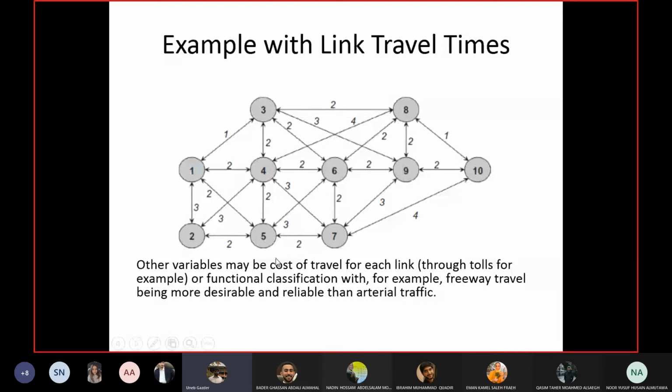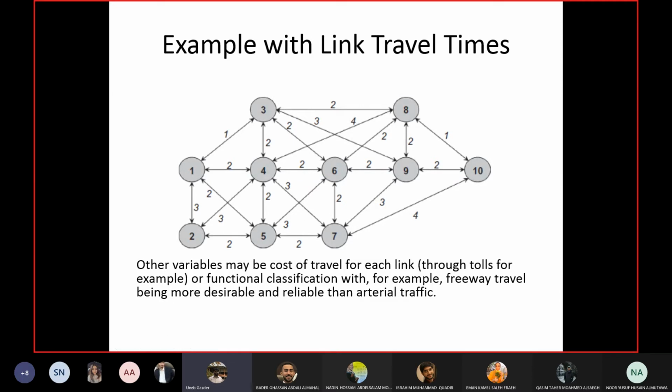Okay, and cost, obviously, instead of travel time, you can have cost. Okay, cost can be the fuel consumption. If you have a toll plaza, for example, you are going from here to Saudi Arabia, then you have a toll plaza. You have to pay the tax on the causeway. Okay, so that will be the cost. So instead of travel time, you can have the cost as well if it is important for you. Okay, if it is a bus network, then it can be the fare which you have to pay, and so on.